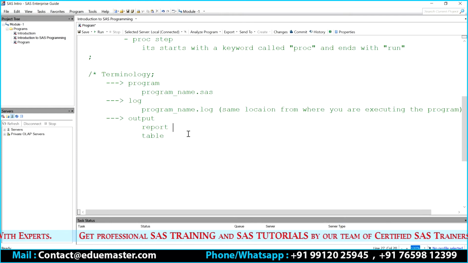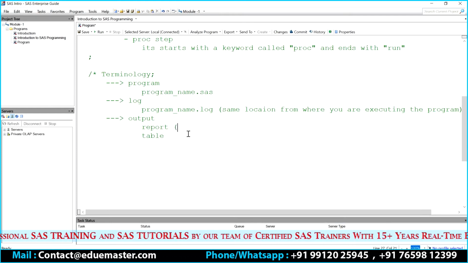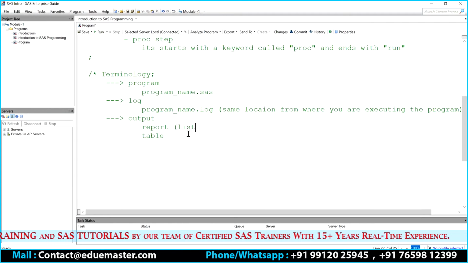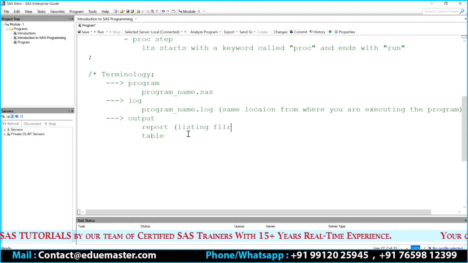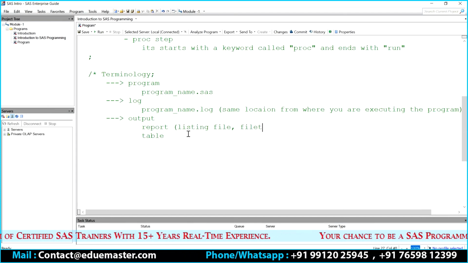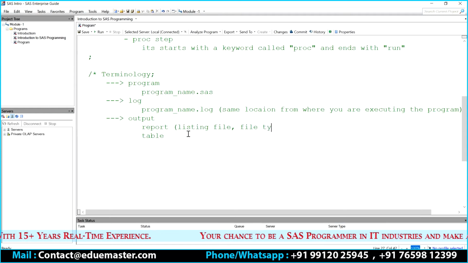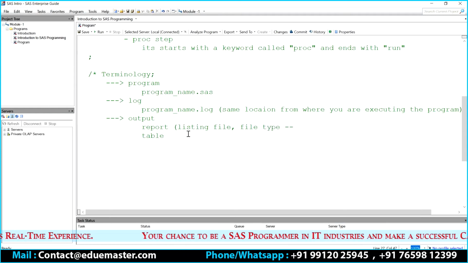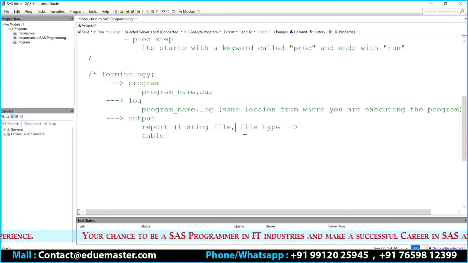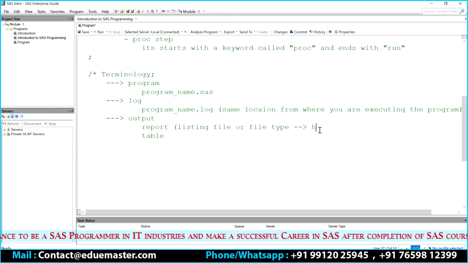A report can be any report, meaning it can be a direct listing file, or it can be any file type. What I mean by any file type is that it can be HTML.